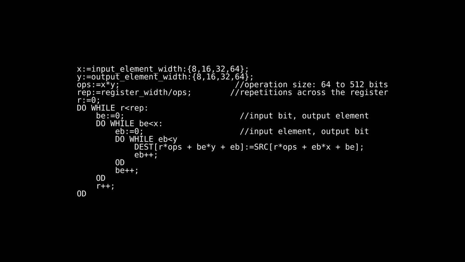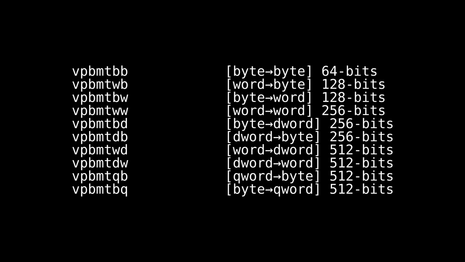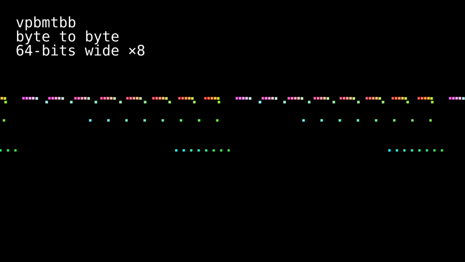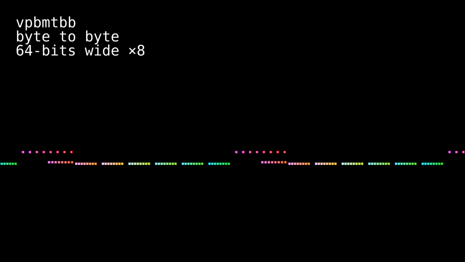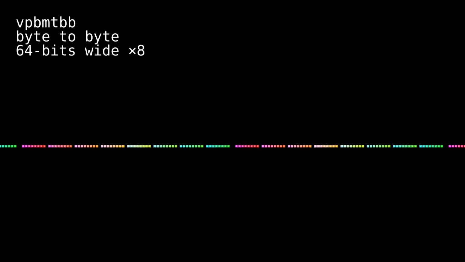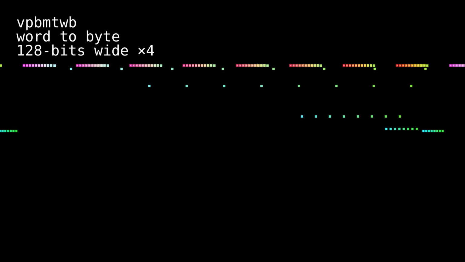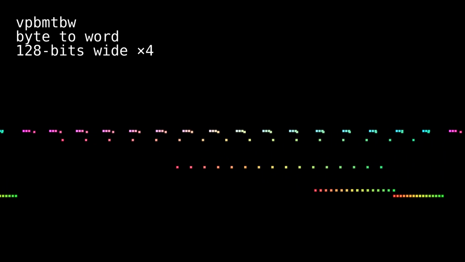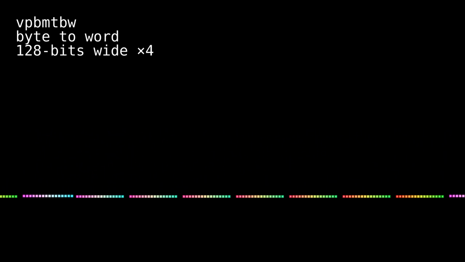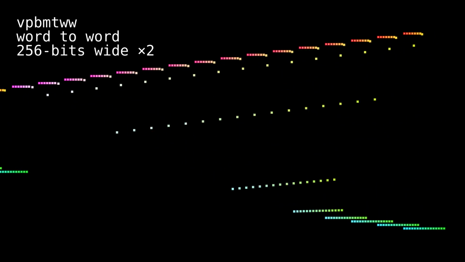This unfolds into a family of 10 BMT operations, which represent every pairing of input and output element width that doesn't exceed the register width when multiplied together. Byte to byte, a 64-bit BMT in each quad word and its own inverse. Word to byte and its inverse, byte to word, both 128-bit BMTs. Word to word, its own inverse,